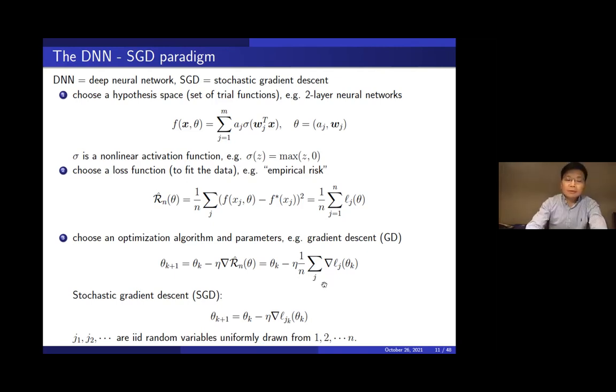Instead, what we do is to just pick a typical term, randomly sample a term from this sum, from this average, and use that to represent this average. And this is called stochastic gradient descent. That's this. It turns out this SGD, stochastic gradient descent, is not just a much more efficient algorithm, it actually performs better in practice. So that's one of the mysteries, why this performs better. Better meaning that it performs better on new data, the data that you didn't use to train, the test data.